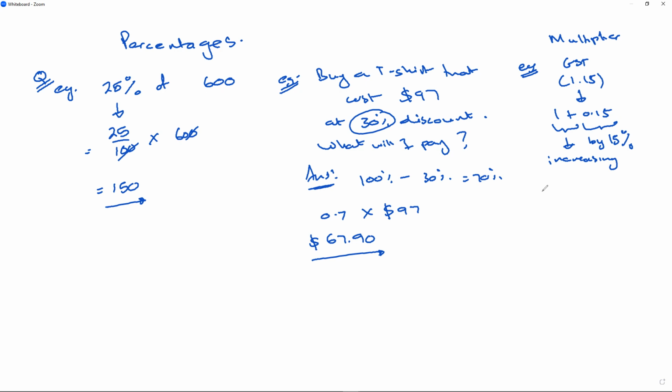So this would be, let's say, I buy an iPhone X for $9,000, including GST. Calculate the cost of the phone